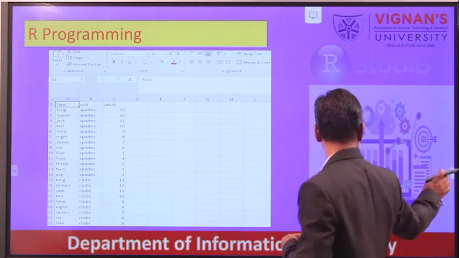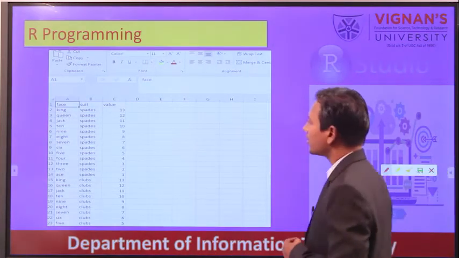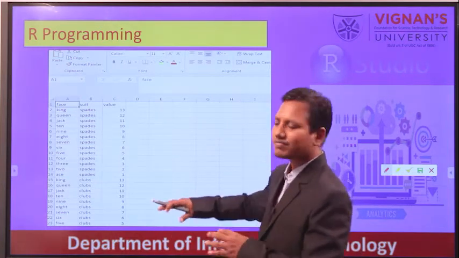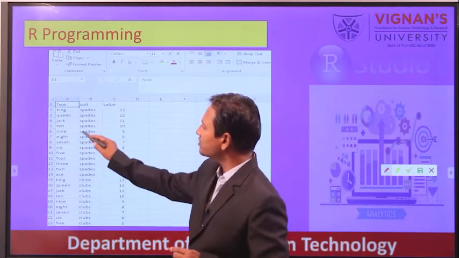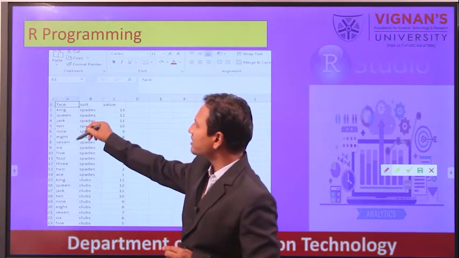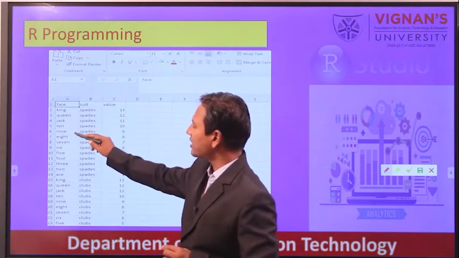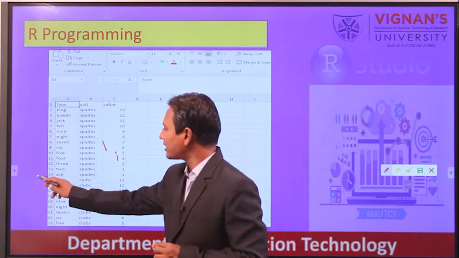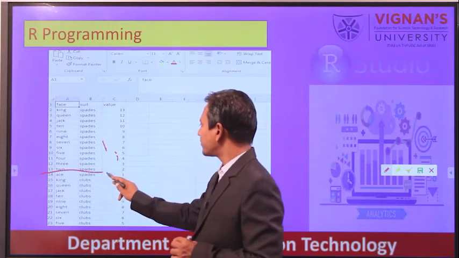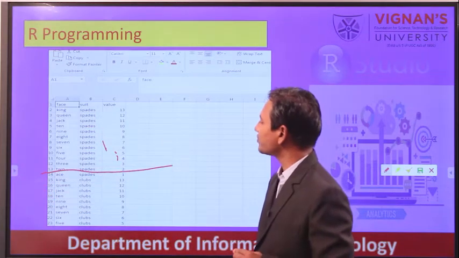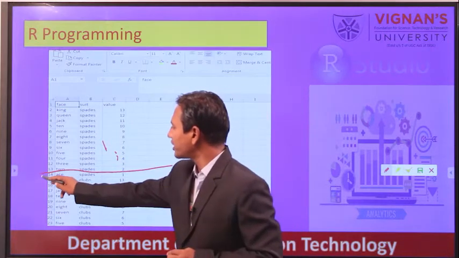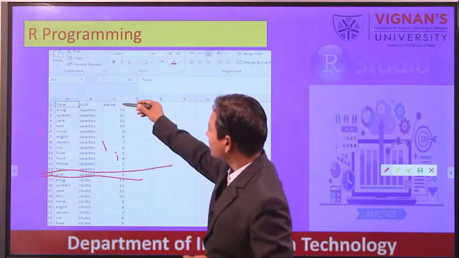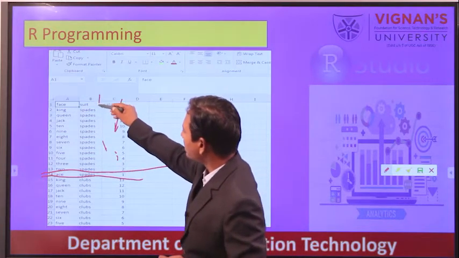What we have done is we have opened an Excel sheet and typed all the values. These are my 13 faces: king, queen, jack, 10, 9, 8, 7, 6, 5, 4, 3, 2, and ace. So like this we have added the values. These are the value column and this is the suit.